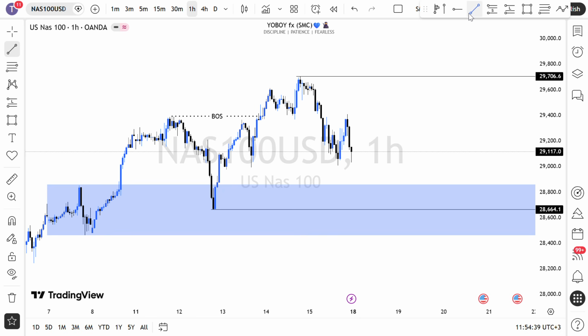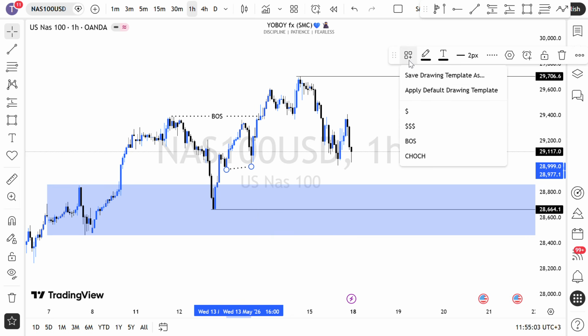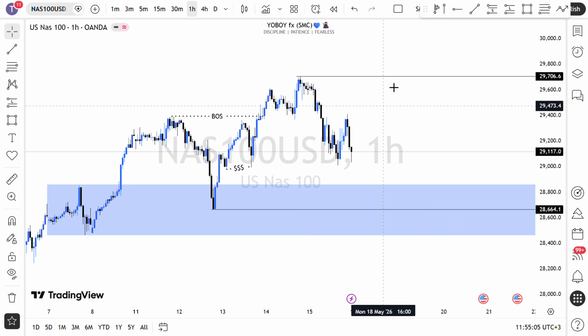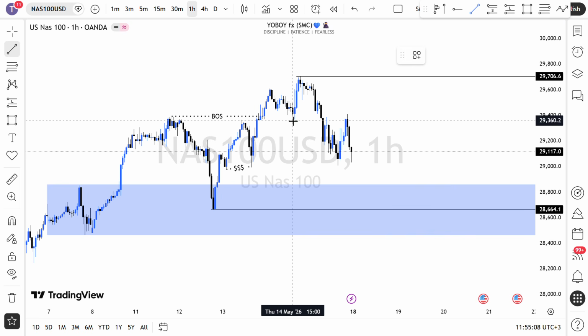And that comes to this point here. We are looking for the price to take out these internal structures and then come into the extreme point of interest before we take our buys to the upside. So in this case, we have this low, and then we have this low here. These are our internal structures, so we are marking them as liquidity. That is my liquidity number one there. And then we also have this low here. This is the first liquidity that the market formed after the break of structure.